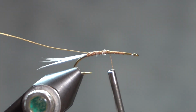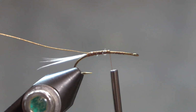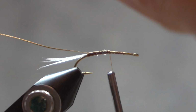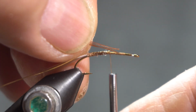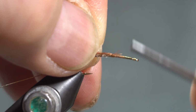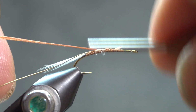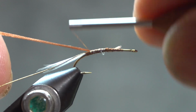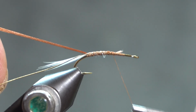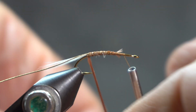For the body, I'm using 4 strands of 140 denier brown thread floss, and the reason I'm using 4 strands again is so that it takes less to build up the body. So tie those in, wrap it back to the tail, take my thread back up to the front of the hook where I'm going to end the body, and then I'm going to